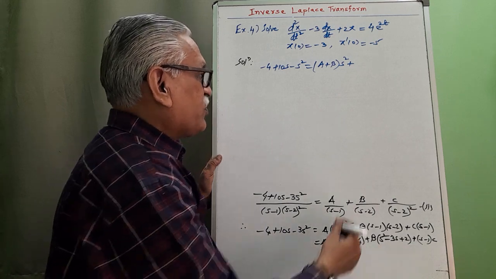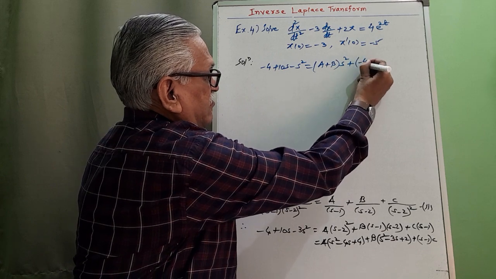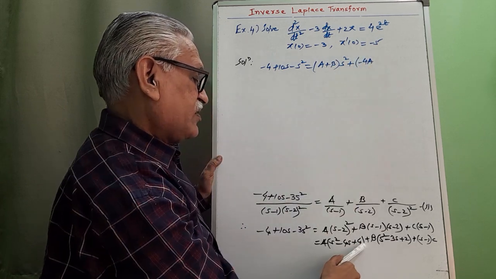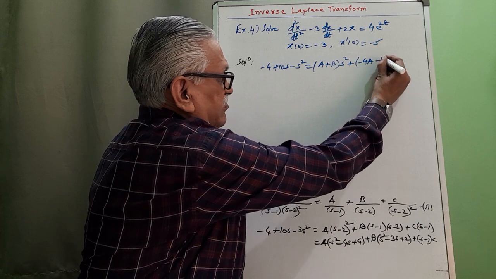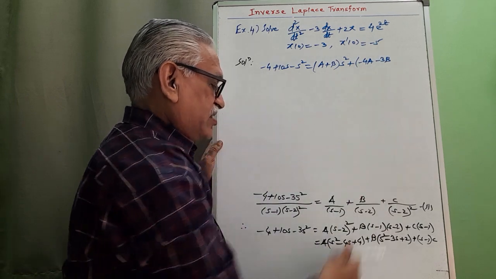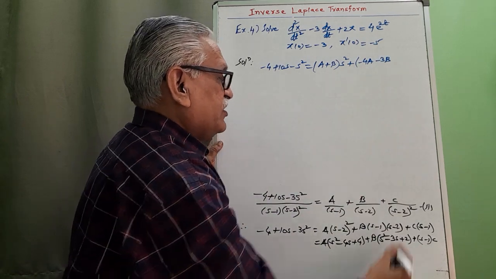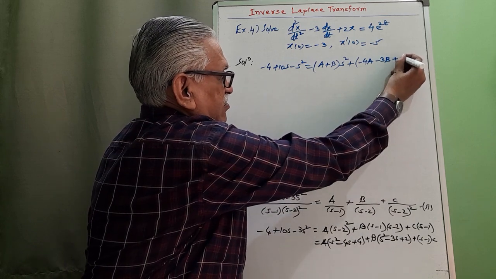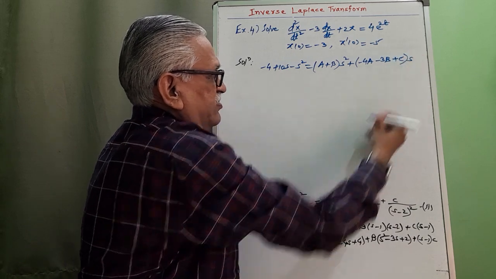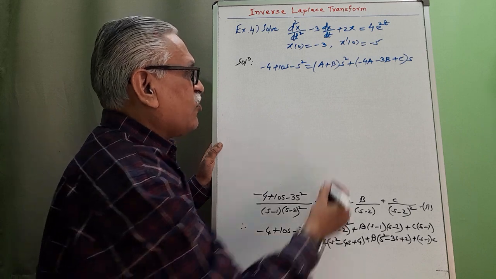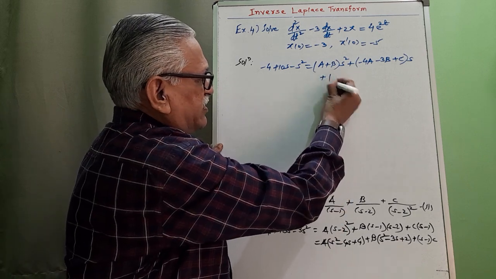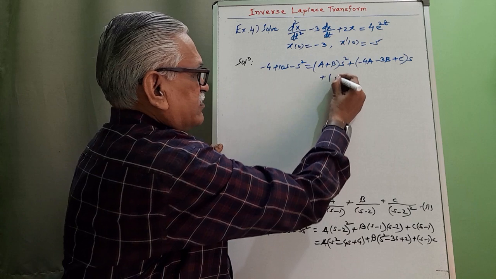Therefore, it is minus 4a minus 3b and plus c into s, and then collecting the constant term in third bracket, we get 4a,